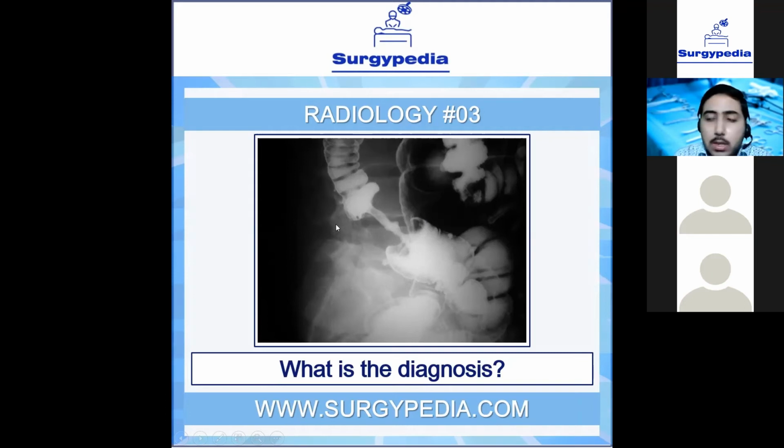So actually what has happened is that this is a barium enema. Okay, so we have pushed in barium through the anal opening and it has reached throughout the whole of large gut. But we have a mass here. So this is also the colon here. We also have the colon here.